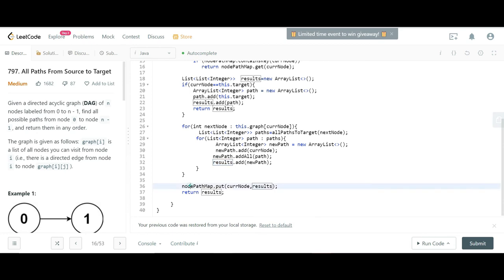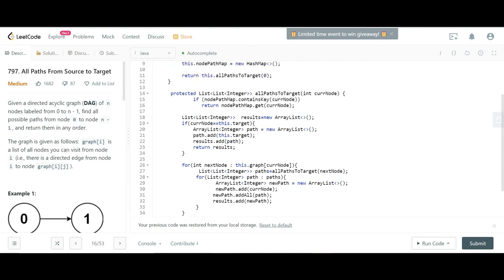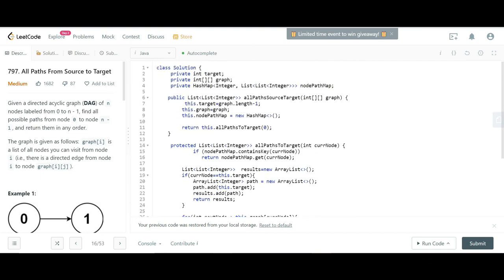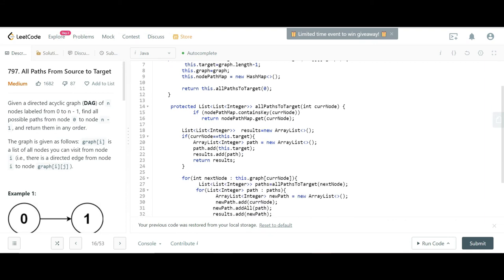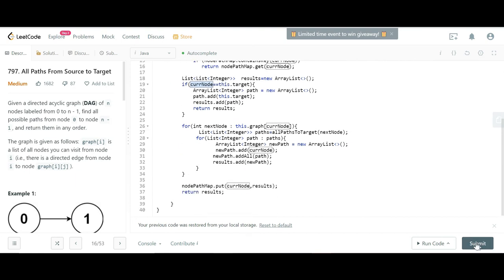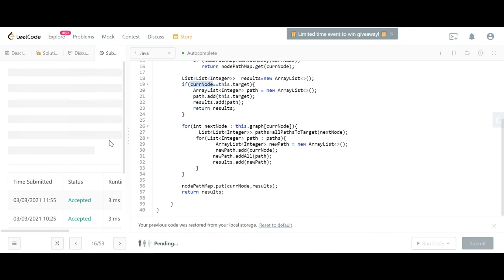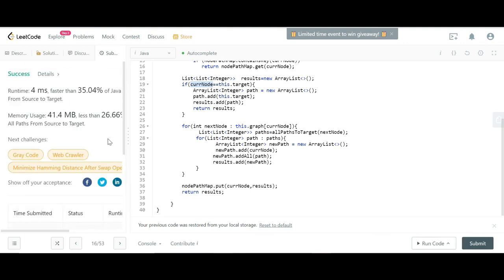Each and every time when all the adjacent nodes for one node are traversed, all the paths I store in a map, which is my memoization map, which I can reuse. So this is all about the program. If you go through it, you can understand more. And when the current node is equal to the target node, I just put it into the path, put it in the result array also, and return. Okay, now let's submit it. Yeah, this is working. Thanks for watching.